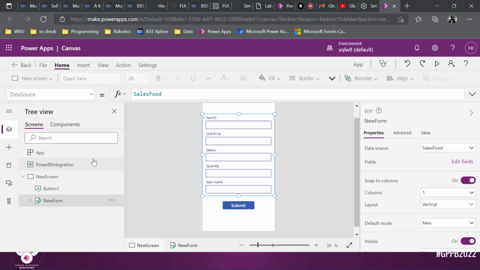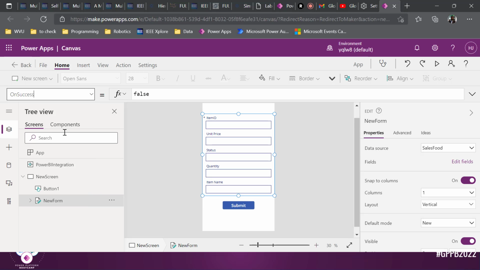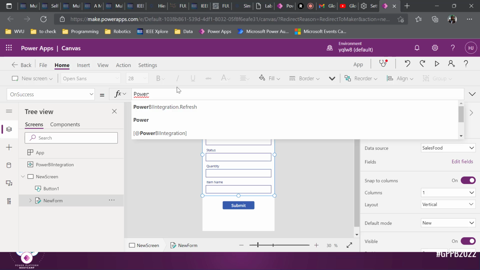In our new form, we need to tell it that once there is a success in submitting, there is a property called OnSuccess, and we come over here. For this OnSuccess, we want it to do two things. On success of the form submission, what do you want it to do? You want it to refresh your Power BI integration. This step is very important. It refreshes the Power BI integration, the connection between them, and it also notifies us that the form has been submitted. So we are going to write some simple functions there, which is PowerBIIntegration.Refresh,